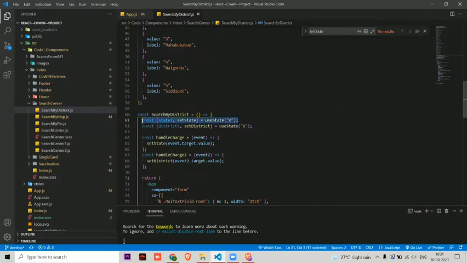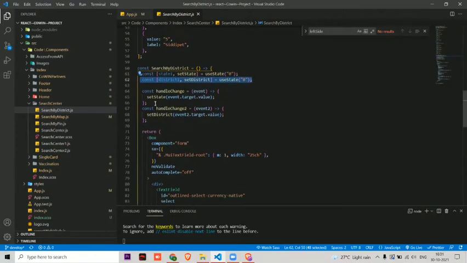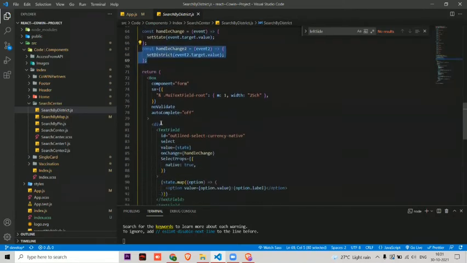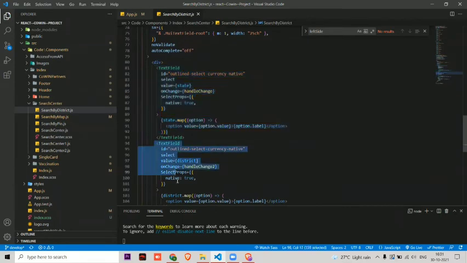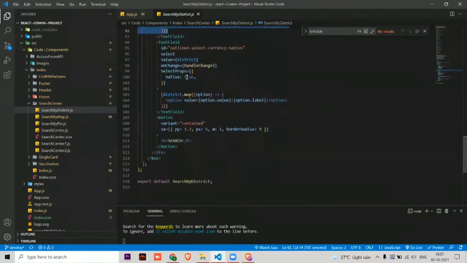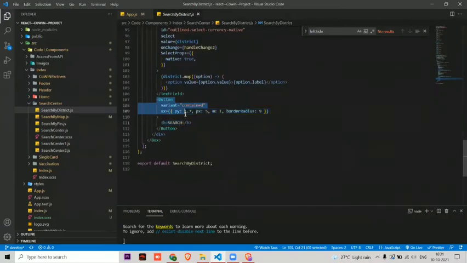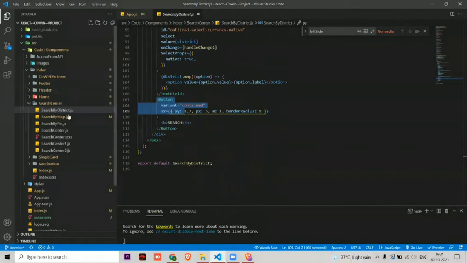I will access this using functions and useState. Here you can see I have used useState for state, and useState for district, and for state I have run a function here, and this one is for district. Here I have returned a box, and inside the box there is first a text area, not text area, it's a text field, and this is the second one. Here I have used map for district and map for state. If you come down, then here I have used a button, which you can see here. Same like that I have done with pin also.